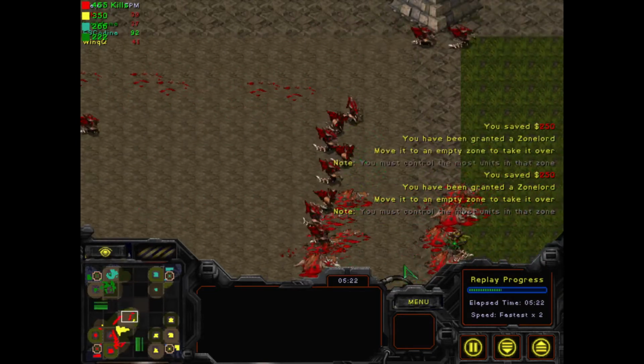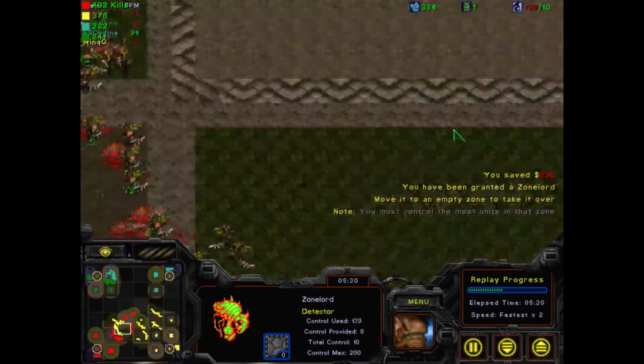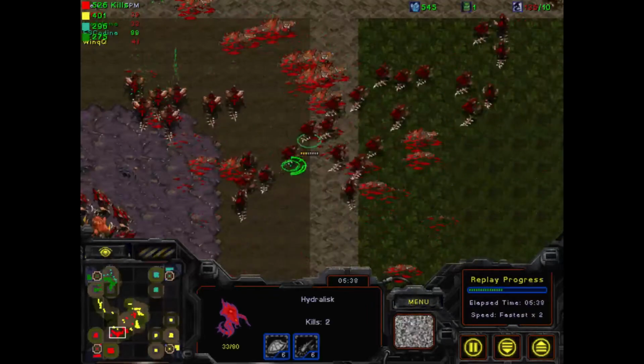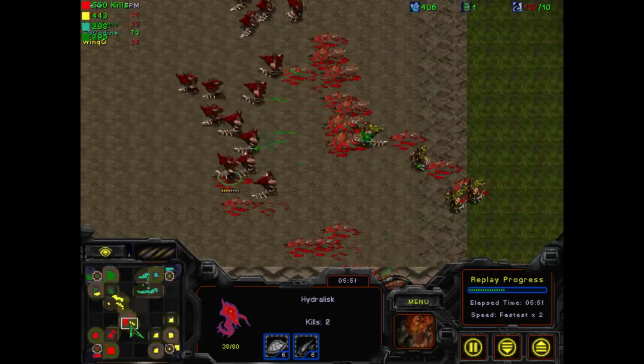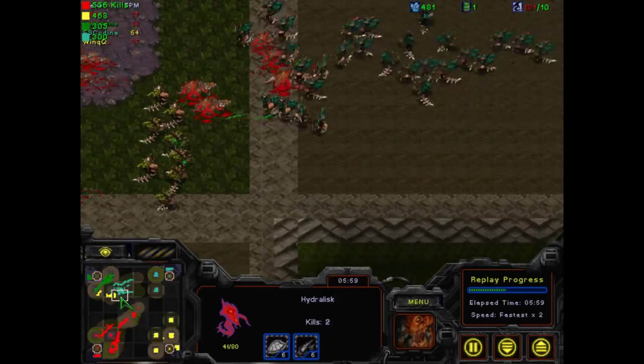Put up a message here every single time you spawn an Overlord. Because of the money income, it's going to pop up a lot. It doesn't get that annoying. I think it's needed. There's always a new player in every single game you play. I mean, sometimes you'll get lucky and there won't be, but...